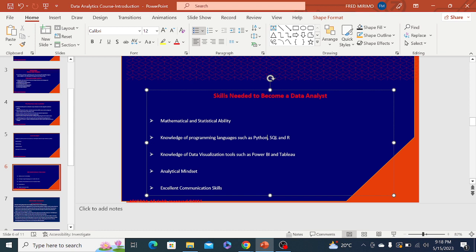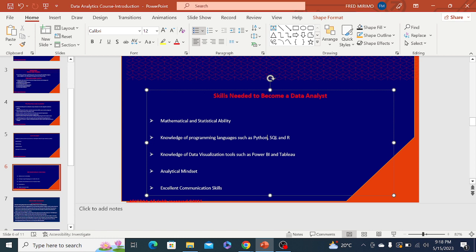So the third skill set is on data visualization. Whenever you do any data analytical task, you will definitely be required to present this information to the business owner or to the management. So having a good grasp of data visualization, on how you can present your data to business owners or managers,